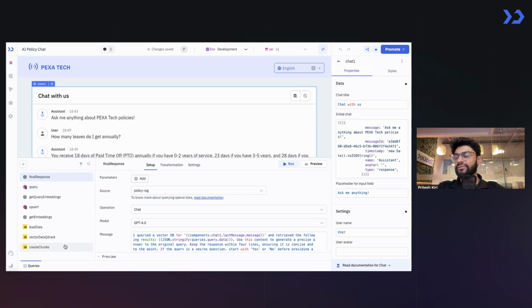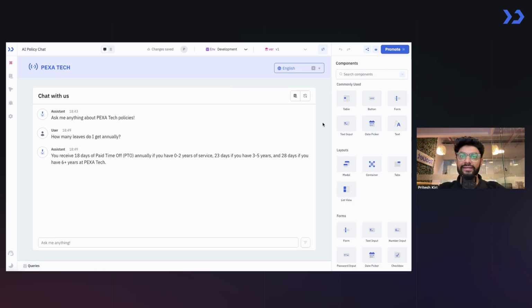We have JavaScript queries to create chunks, convert chunks into embeddings, and we have the Qdrant plugin installed, which helps us observe the data and also query the data from the vector DB. Now let me close the query builder. If you want to get the answer in a different